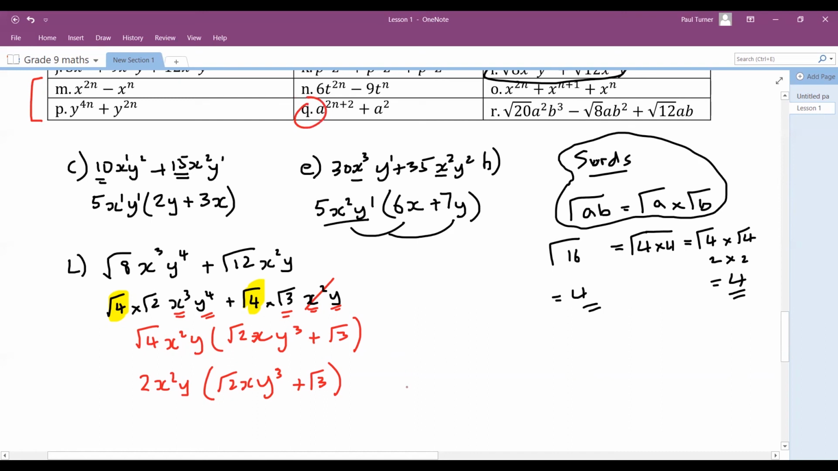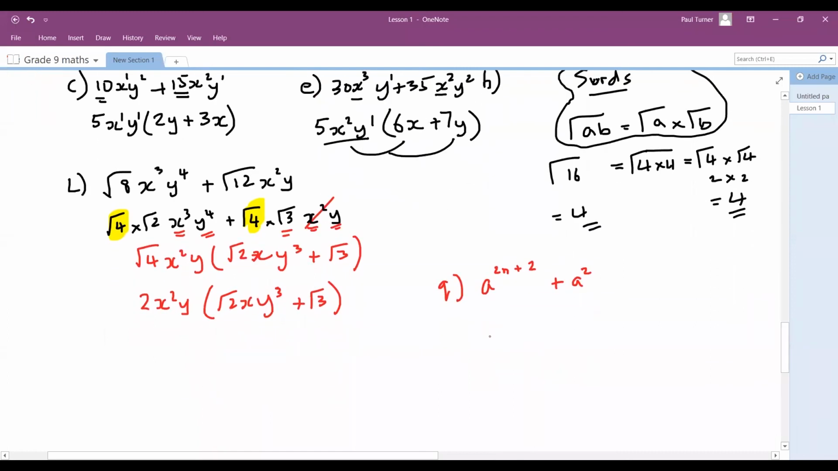Because we've got 3 minutes left, I'll show you Q quick. A2n plus 2 plus a squared. So actually for this one, this is a plus. So we can actually separate that to A2n times A2. Okay, because when you multiply, we add the power here, plus a squared. Now this one, I would change that to,